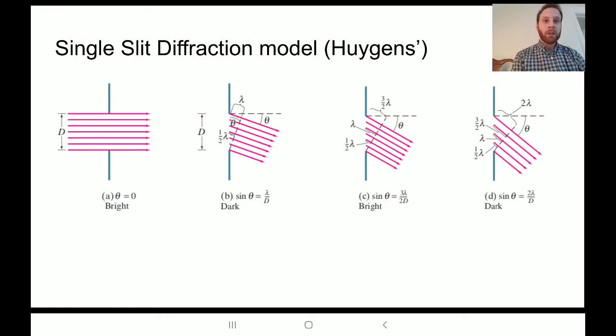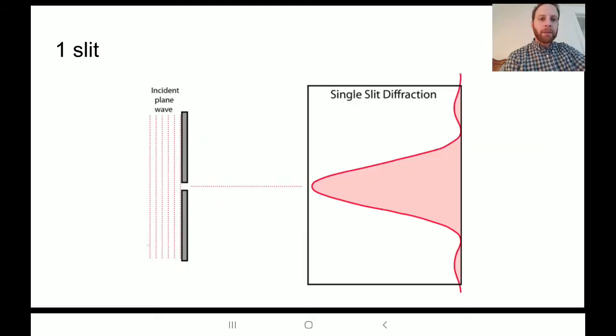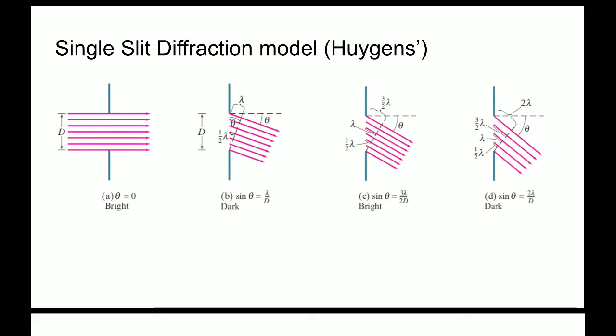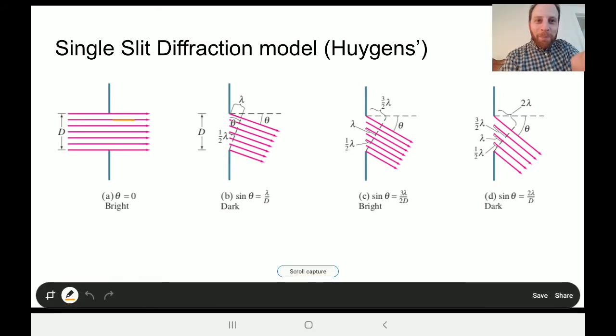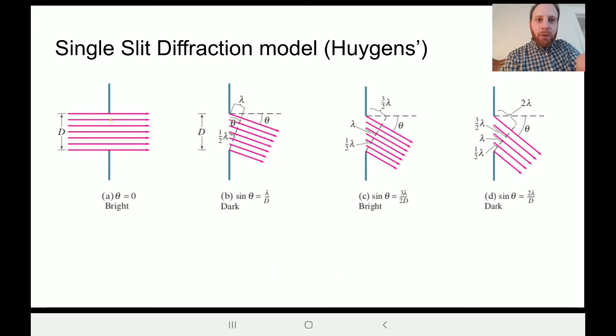So, how does single slit diffraction work? How can we understand it in terms of this wave model of light? Well, it's helpful to think about this in terms of Huygens. So, when you just think about what's going on in the center of this interference pattern, you get stuff. So let me draw